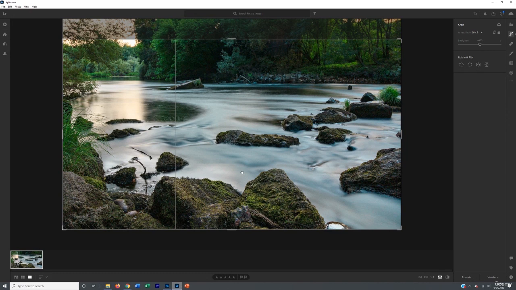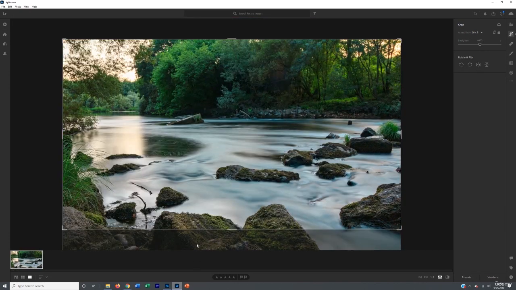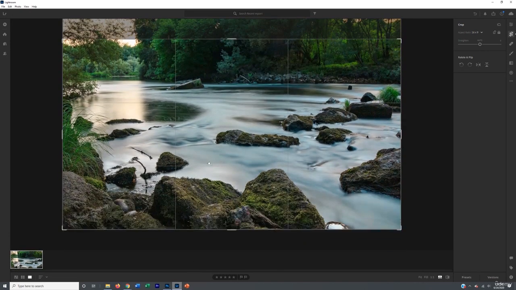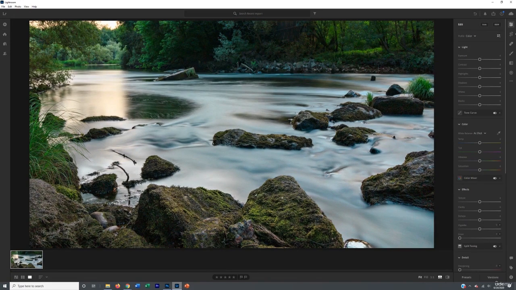Now, because the focus of this image is clearly down here, right off here, and then it slowly gets less and less focused as it goes out, I don't want to drag it all the way up to the top, right? I want the main part of the image with the focus down here, okay? So that's what I'm going to do, and then I simply hit enter, and that's going to bring that resized image back